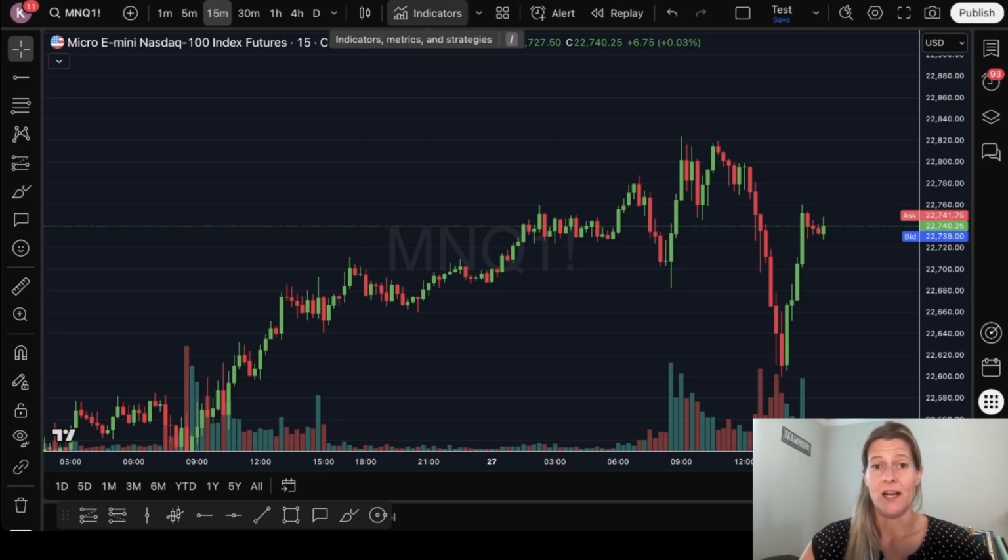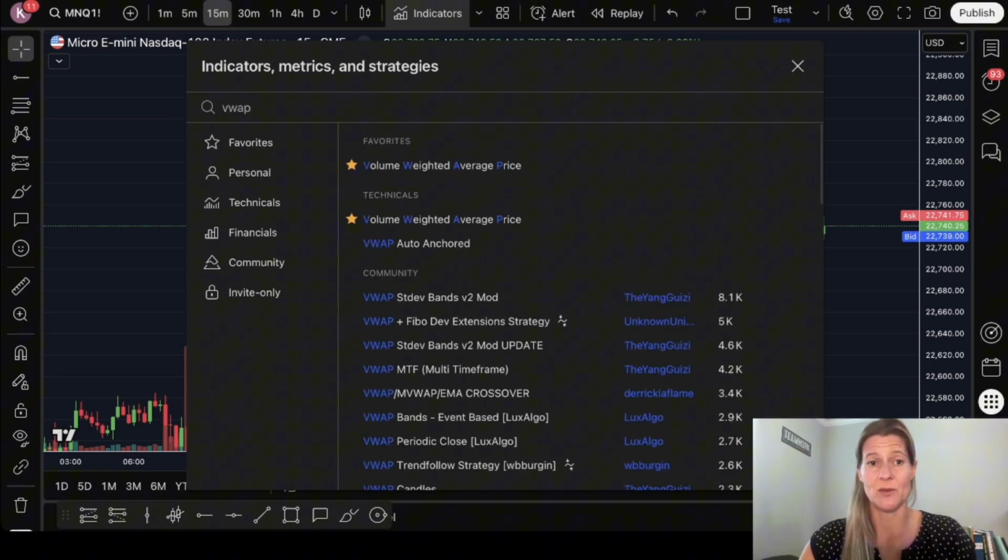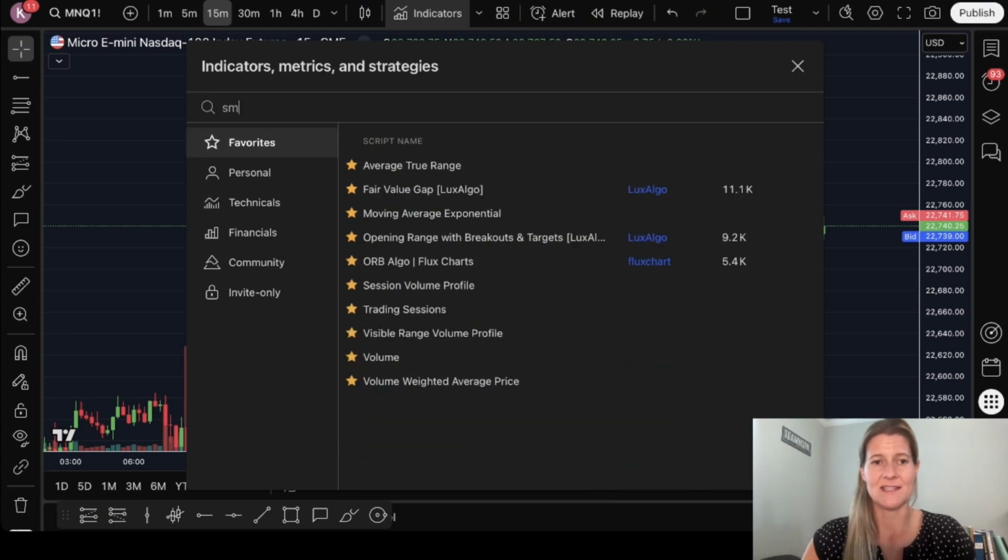Indicators here. So this, again, you can add it to favorite. So let's type in, like I like to use VWAP. So I'm going to type in VWAP. You can type in EMA, or you can type in SMA, whatever type of indicators you want to be adding